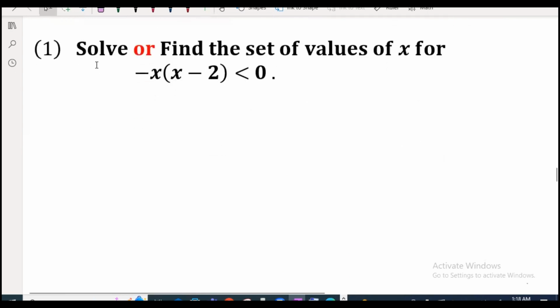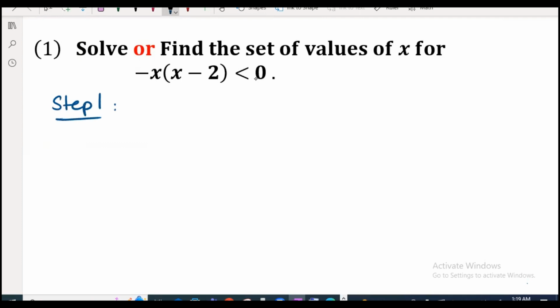This is example number 1. The command is solve or find the set of values of x for which negative x bracket x minus 2 is less than 0. And I'm going to explain in 5 steps here. So step number 1 is you have to multiply